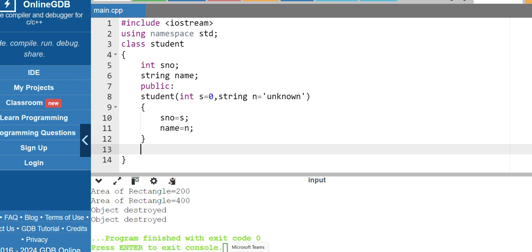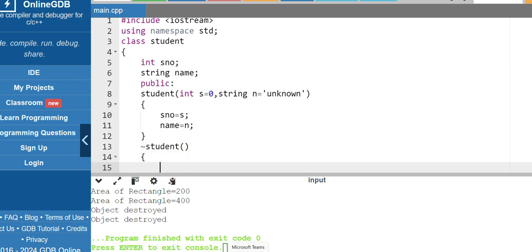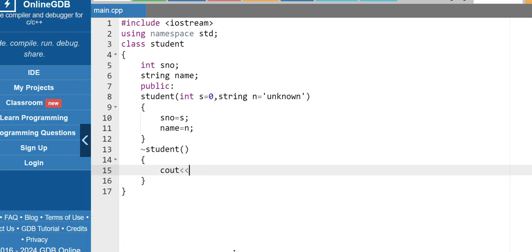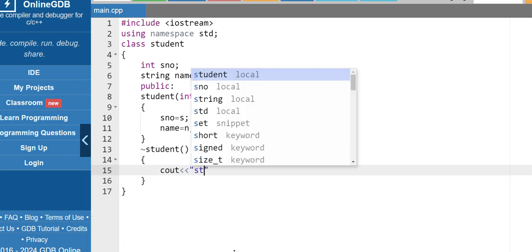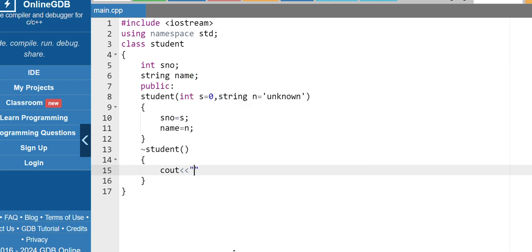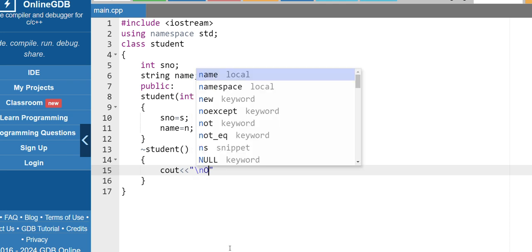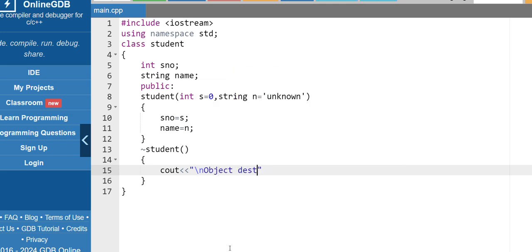After the constructor I am writing the destructor student, simply print a message, cout object destroyed,